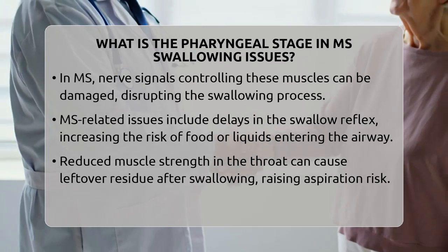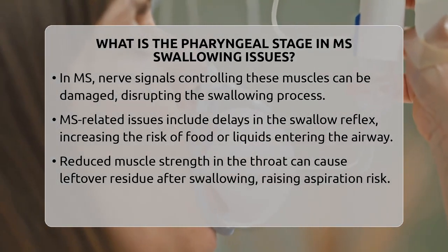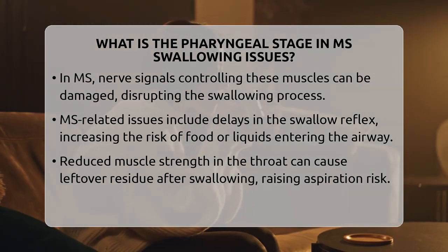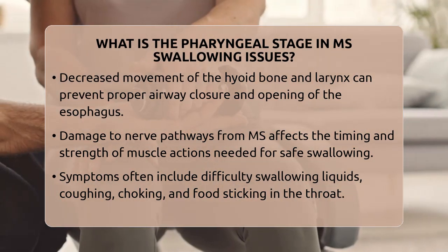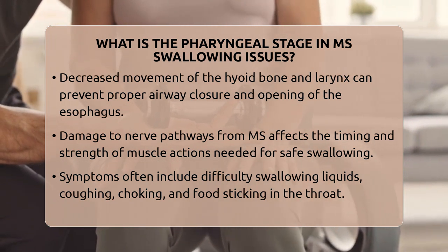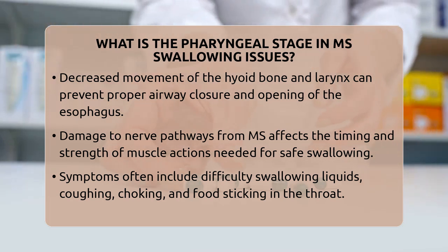There is also decreased hyolaryngeal excursion, meaning the upward and forward movement of the hyoid bone and larynx is limited. Normally, this movement helps close the airway and opens the upper esophageal sphincter to allow the food to pass smoothly. When this movement is impaired, food can get stuck in areas like the piriform sinuses, increasing the chance of aspiration